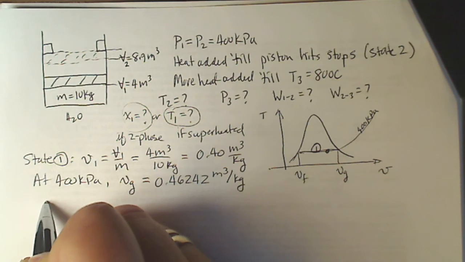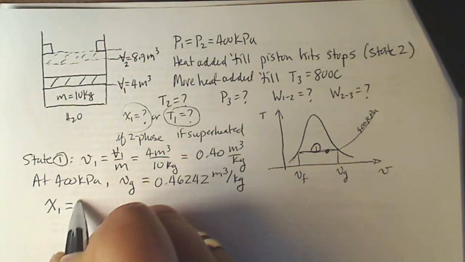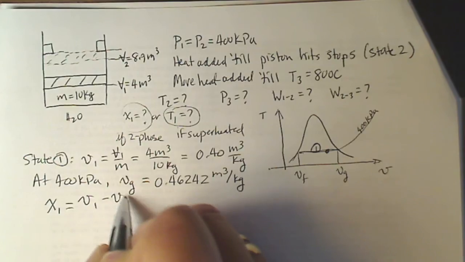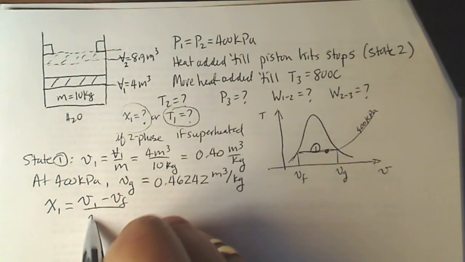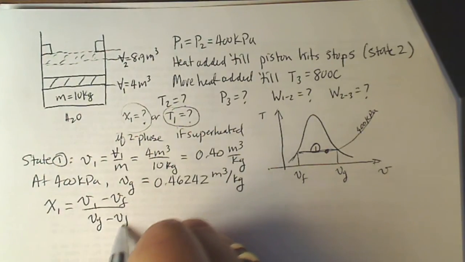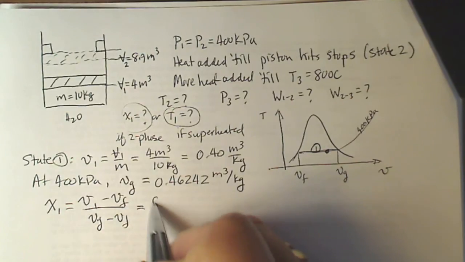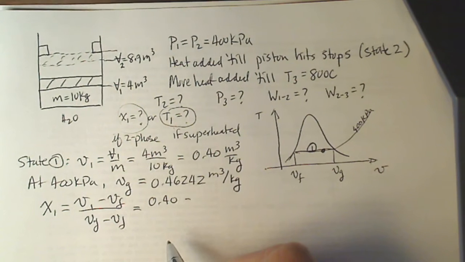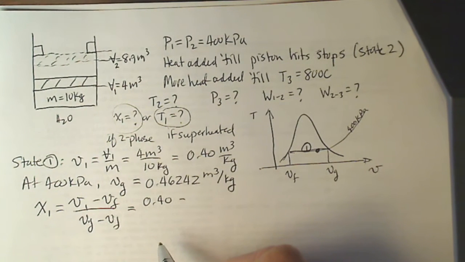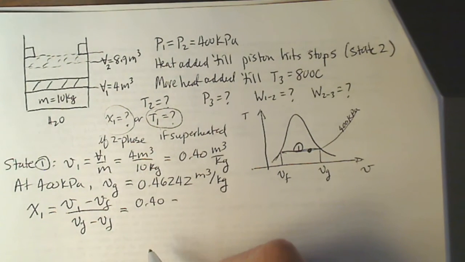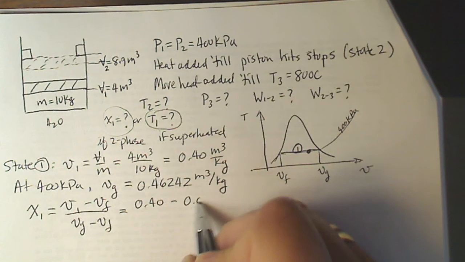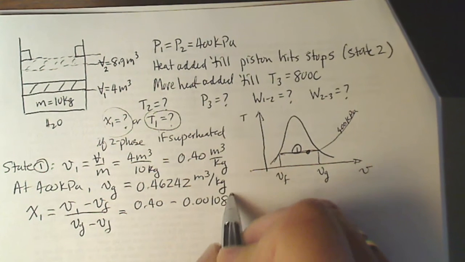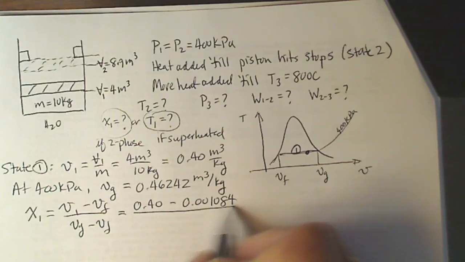So we can calculate x1 from the specific volume: 0.40 minus 0.001084, divided by